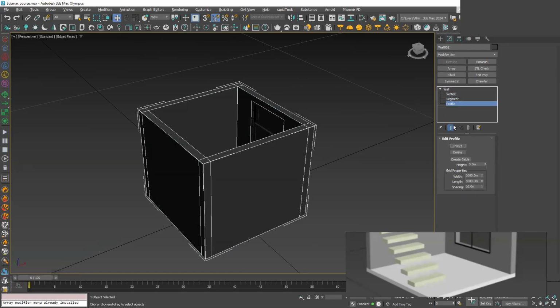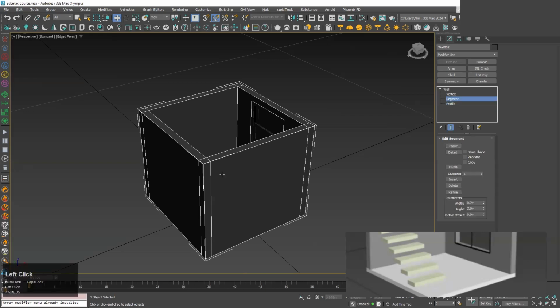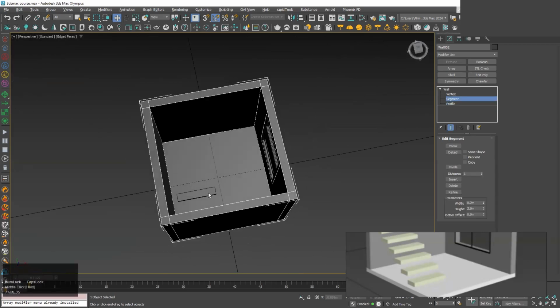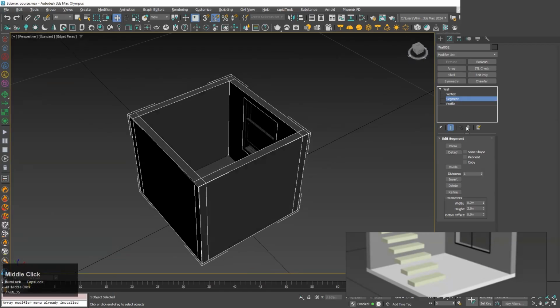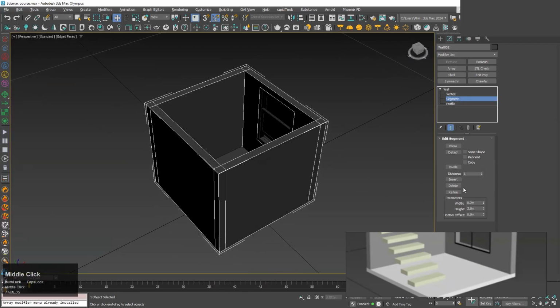So in order to change any part, we can just go to that mode, and whatever operation we want to perform, like you want to break or if you want to delete some segments, we can go into the segments mode, and we can